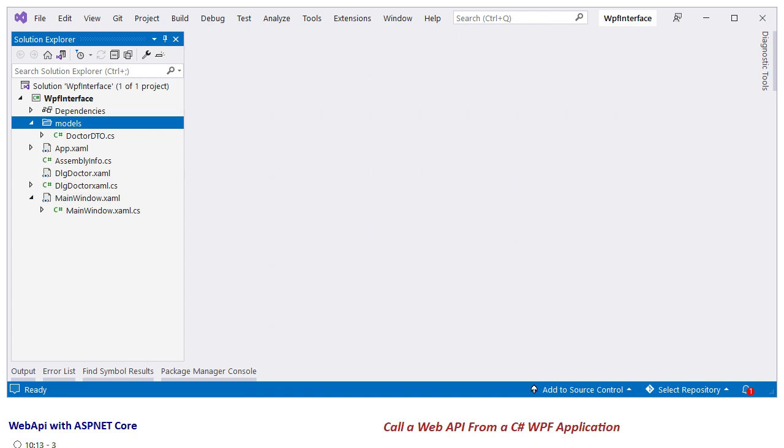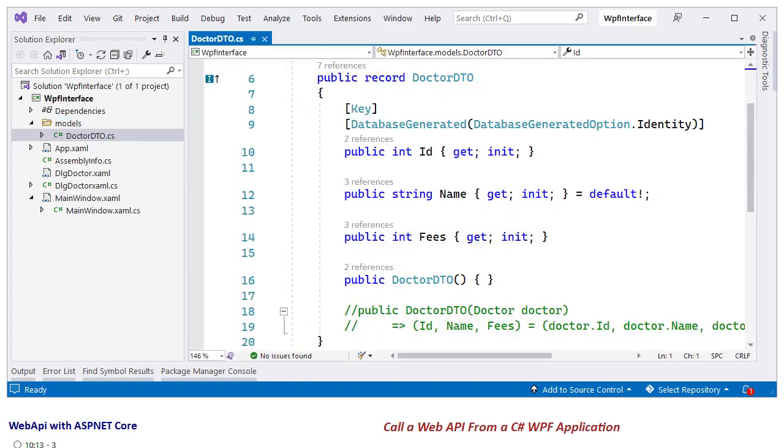The completed application can be found in the downloads attached to this video. This is the Solution Explorer. Let us first have an overview. The Models folder contains the data transfer object class called DoctorDTO. This is the same class that is used in our ASP.NET Core Web API project. Double-click and open it. As you can see, we have copy-pasted it from the Web API project. And notice that a constructor has been commented out because it is not relevant from the perspective of a client